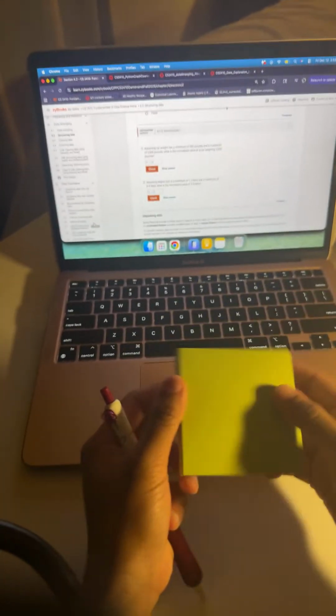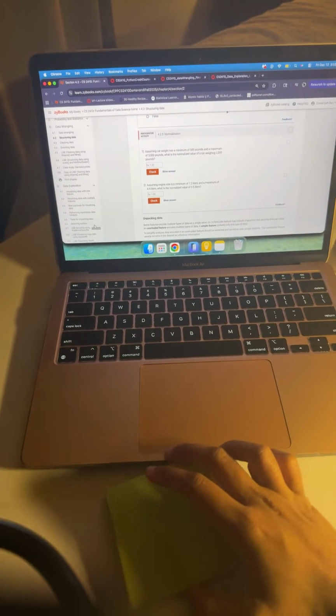A lot of scratch paper, so let me find one of those, or just a notepad. So we have